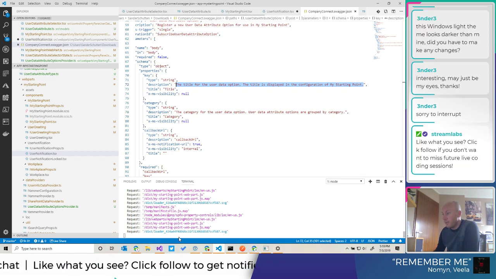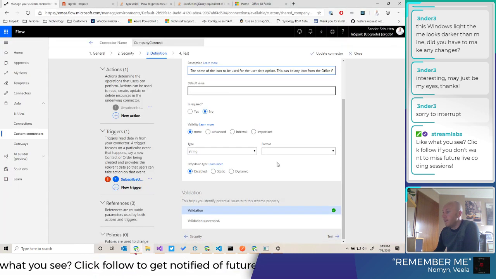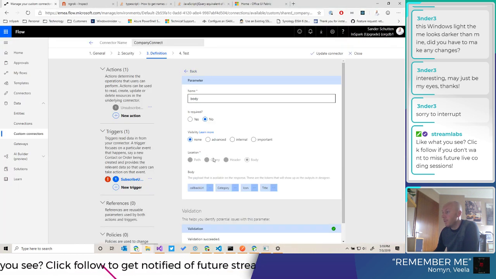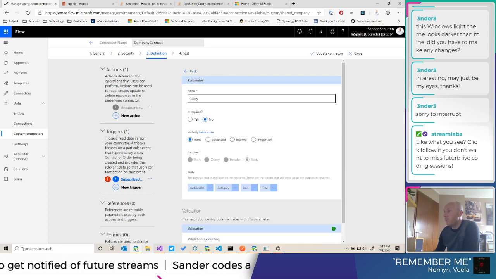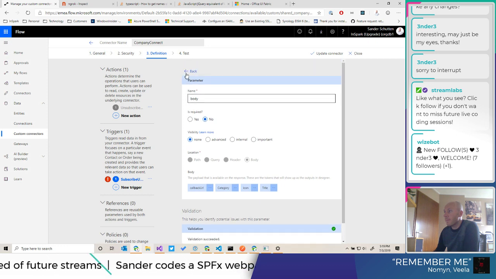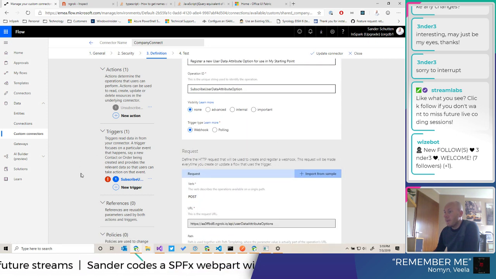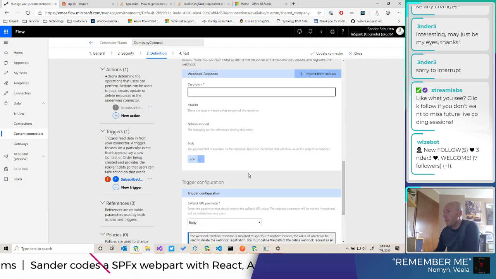I just set the callback URL to be internal, because I do not want anyone to see this when they are using the trigger. So what is it complaining about?